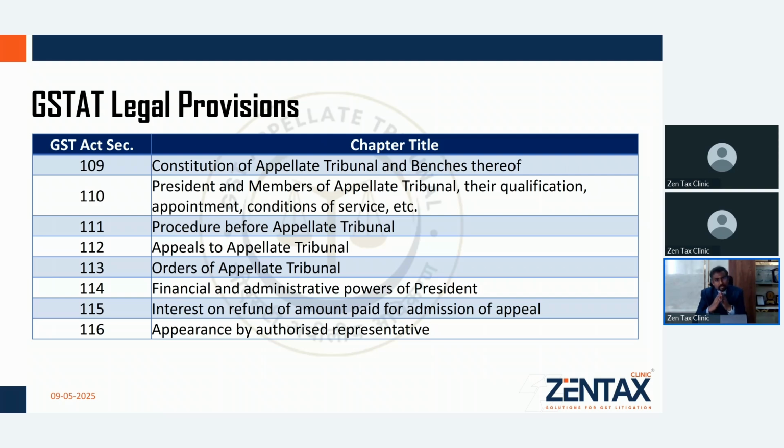When I am going to talk about the procedure rules in detail, why are we discussing all these sections today? It is to bring to the notice of our august audience that the notified rules are only and only in respect of section 111. Other legal provisions, say for example section 112, 113 or 116, will continue to be governed by the provisions of the said sections and will not be governed by the notified rules. Because the Act will have an overriding power over the rules, and the rules are notified only under the provisions of section 111 and not under the entire ambit of the GST Act or the entire ambit of sections 109 to 116. The rules, as we would read, the opening paragraph very clearly stipulates that it is issued only on the basis of section 111 of the